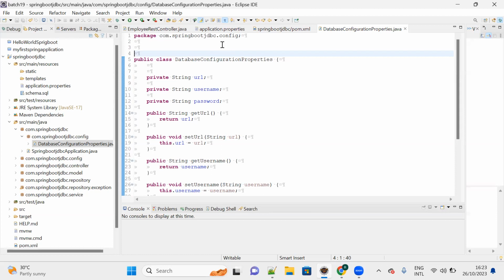We just need to focus on business logic. That's it. We don't need to write the code to configure all the properties. Okay, so now what we have to do? If you want your Spring Boot to know your database configuration class,